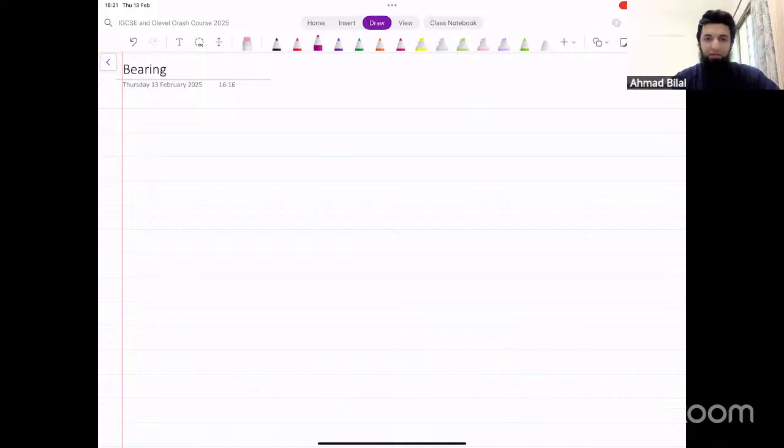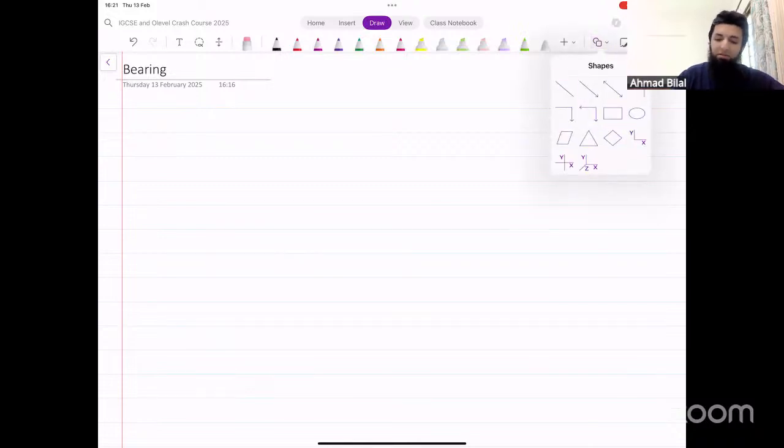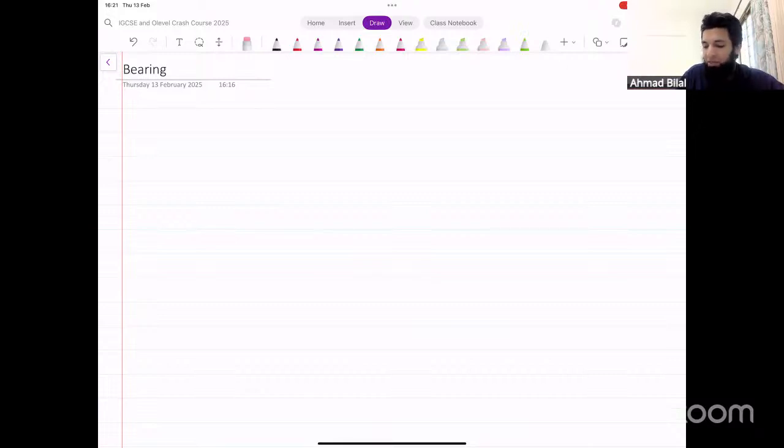Okay, so first of all, let's start with bearing and understand what this is about. Okay, now, a lot of times, in fact, the more common convention is that we measure angle from horizontal lines generally, right? So if you have a point, for example, if you have a point here like this, when you measure angle, the most common convention that we have is that we measure angle